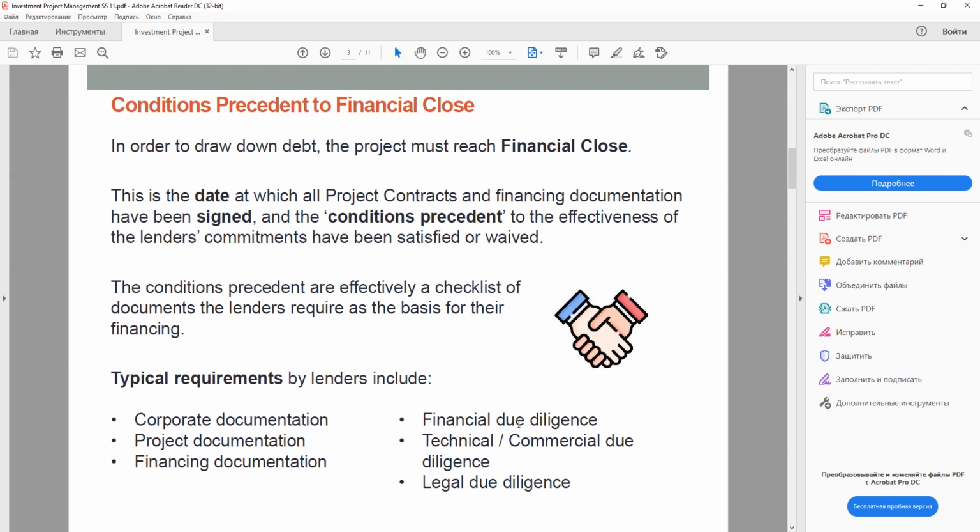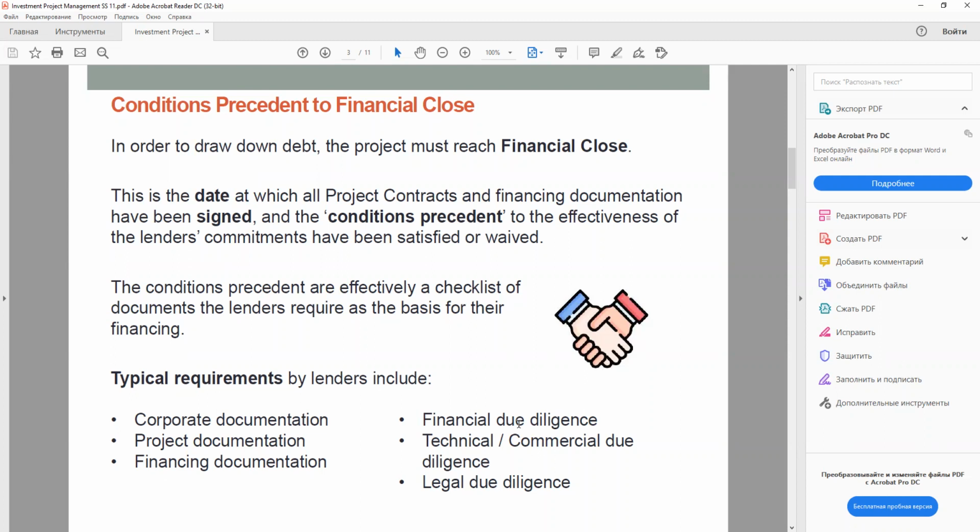And finally, a set of legal due diligence documents that contains legal opinions from lenders' lawyers, and in some jurisdictions also from borrowers' lawyers, as to the validity of the documentation. Confirmation that no event of default has occurred, and confirmation that the project company is not subject to any litigation. Some of these CPs are circular in nature. In such cases, the legal advisors to the various parties arrange a simultaneous closing of the documentation.